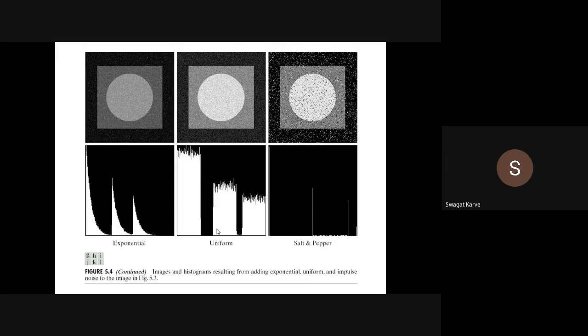Okay, and with the help of these noise models, using their mathematical equations, we can design the noise model, and we can remove the noise from the degraded image, and we can restore that image back to its original